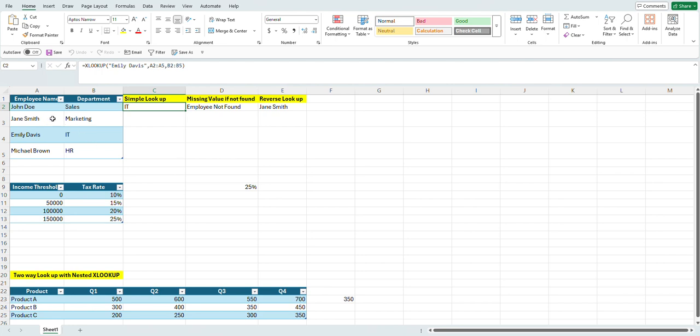So you don't have to have this on another column when we do the VLOOKUP. It's very simple right here. We said we're looking for Emily Davis. This is the value we're looking for, the input value, and this is the output we're looking for, which is the IT department. All right, so switching back to the